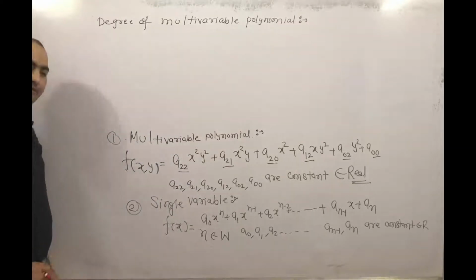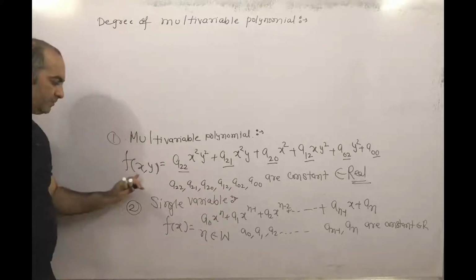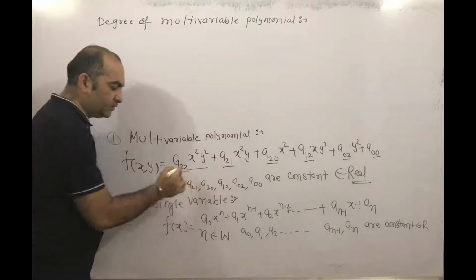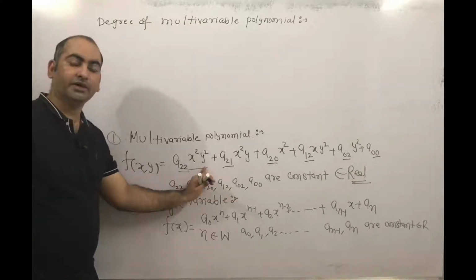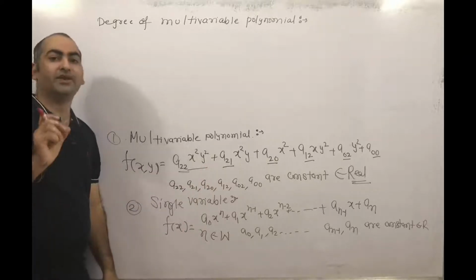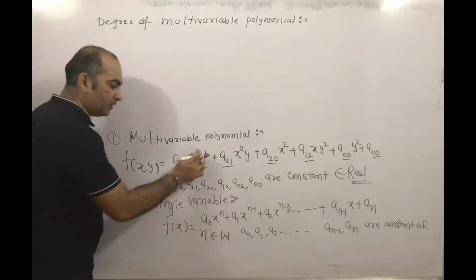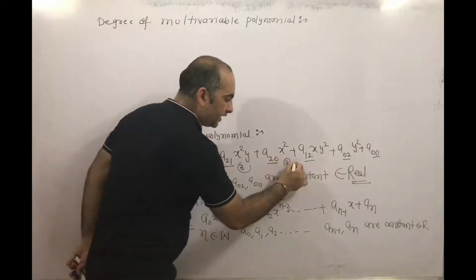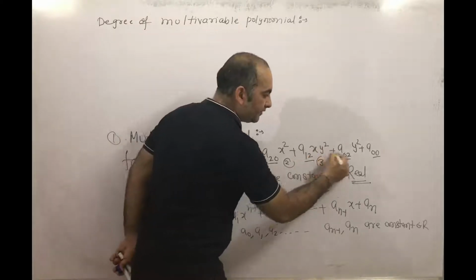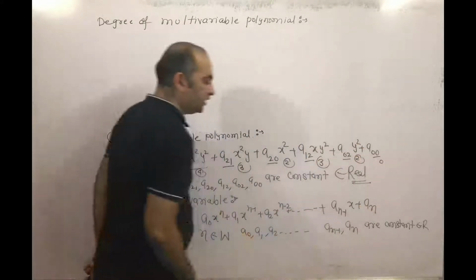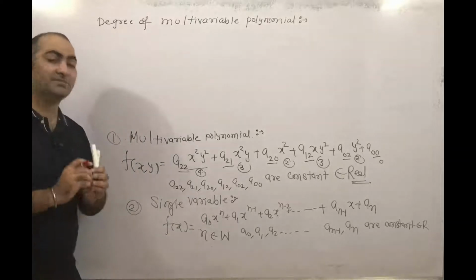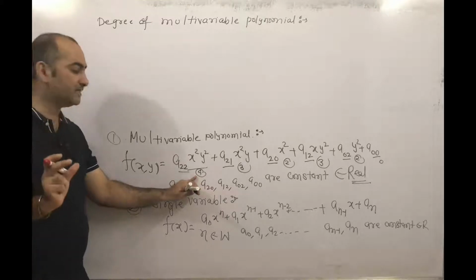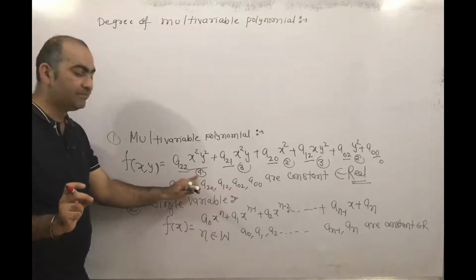Okay, so if you say this one, so here we have two variables x and y. So for this one we are finding degree. So you see every term. Okay, so in first term how many variables are there? X and y. Okay, so here you find out the summation of variables' power. So 2 plus 2, what will come? 4, and here what will come? 2 plus 1, 3, here what will come? 2, and here what will come? 1 plus 2, 3, here what will come? 2, and here will come 0. Okay, now here which summation is maximum? That is this one. So the sum of variable powers is 4. Okay, that is maximum.